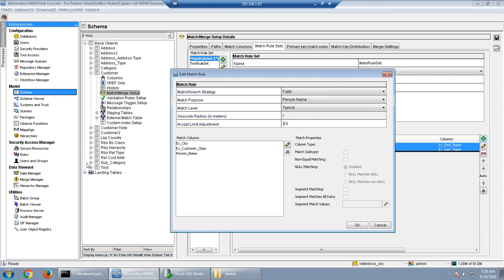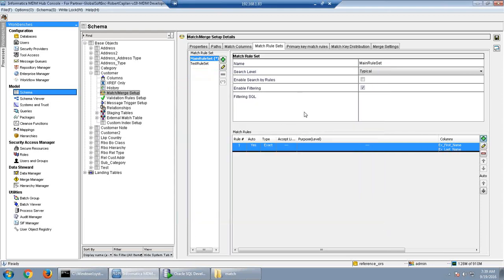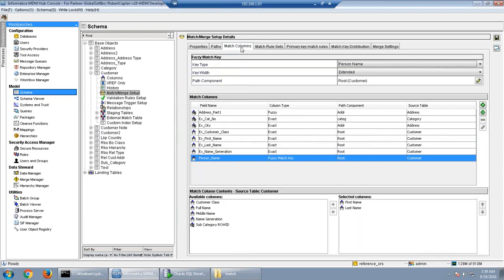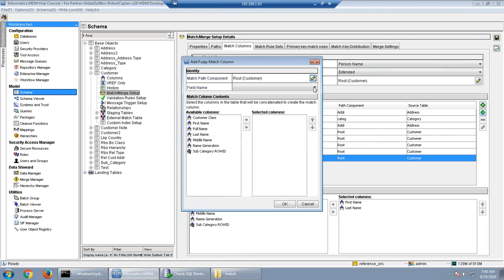Hi Vinay, this is Suresh. In the match columns tab, if we select person name once, we cannot select the same person name one more time in fuzzy match. No, here the key type is there. The key type is person name, so person name is already added here as a column. If you click on this fuzzy, it gives you that option. If you try to add person name again, it will throw an error that person name is already there.